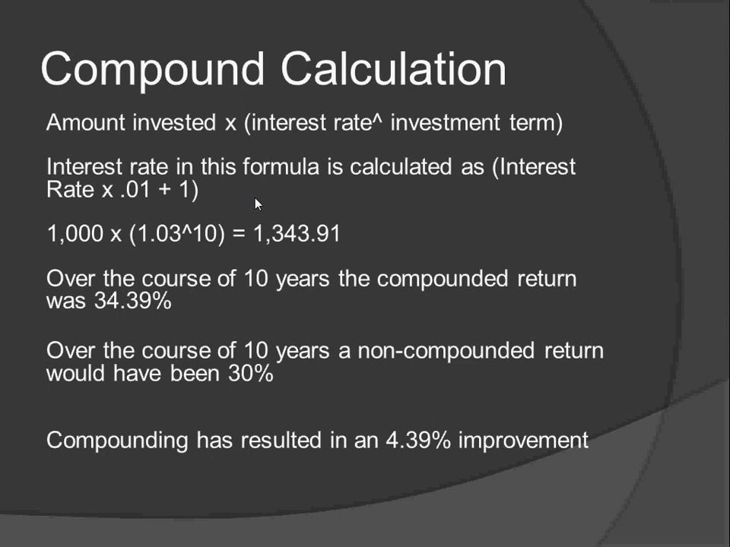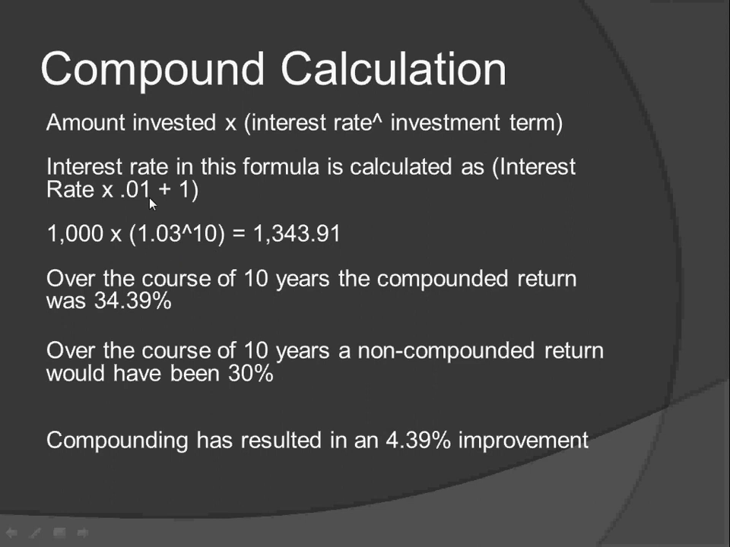The amount invested is very straightforward. It's the amount of money you're going to invest. And finally, the investment term is how many years or months, depending on how you want to go about this, but in this case, years you will invest. So again, in this case, it's going to be 10 years. So what I did was, I did 1.03 to the power of 10, okay, and that equaled,